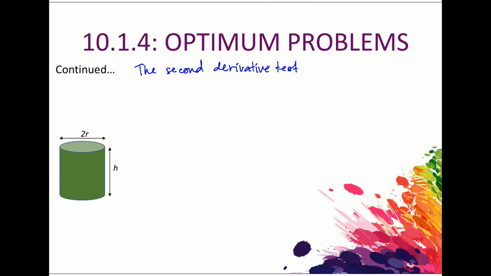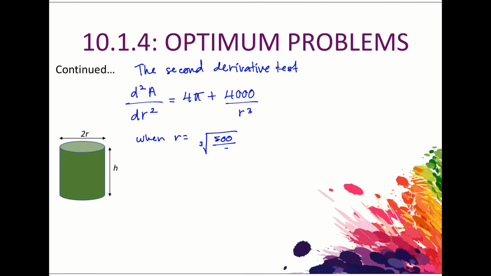And now we need to carry out the second derivative test just to verify whether that value of r would give a maximum or minimum value for A. So the second derivative of A with respect to r is equal to 4 pi plus 4000 over r cubed. So when r is equal to 500 over pi to the power of 1 over 3,